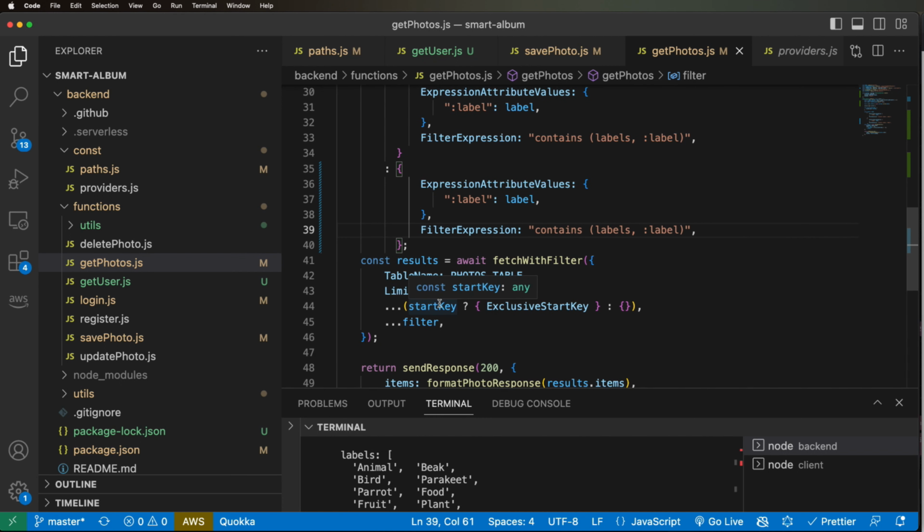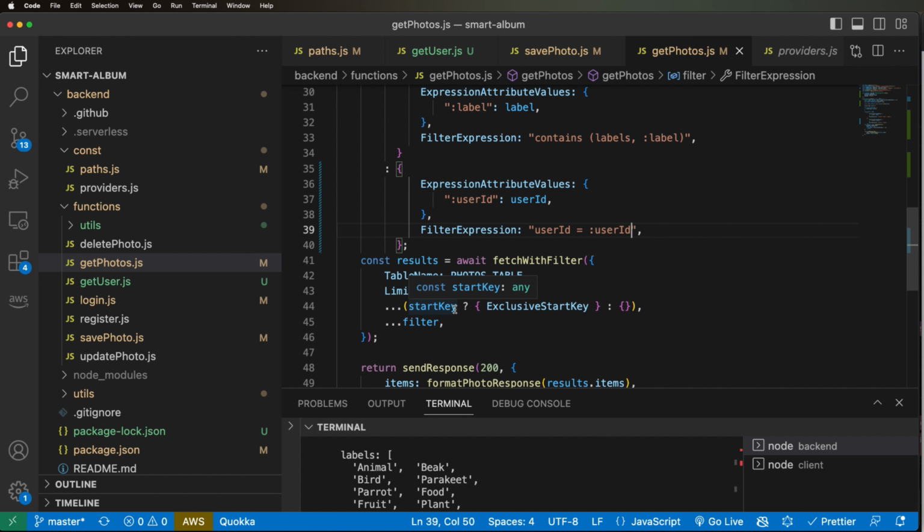We will do it properly, but now I just want to test if it's gonna work. User ID. And it's gonna be user ID equal user ID. So same thing,